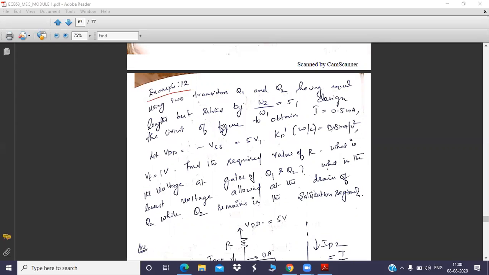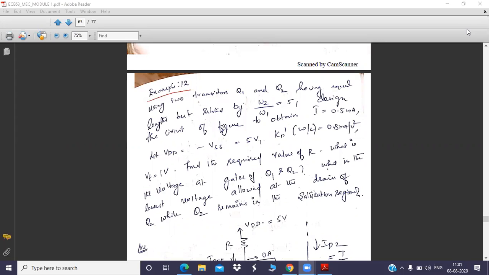In the last class we studied about the different biasing techniques of the MOSFET. So the most efficient biasing technique is using a constant current source. Why is it more efficient? Because it is providing a constant current flow through the device irrespective of any external changes like temperature or device replacement, whatever it may be. Understood? So by using a fixed current source, we can ensure a constant current flow through the device. That is, the drain current is made to be constant in all cases. So that is improving the efficiency of the biasing technique.